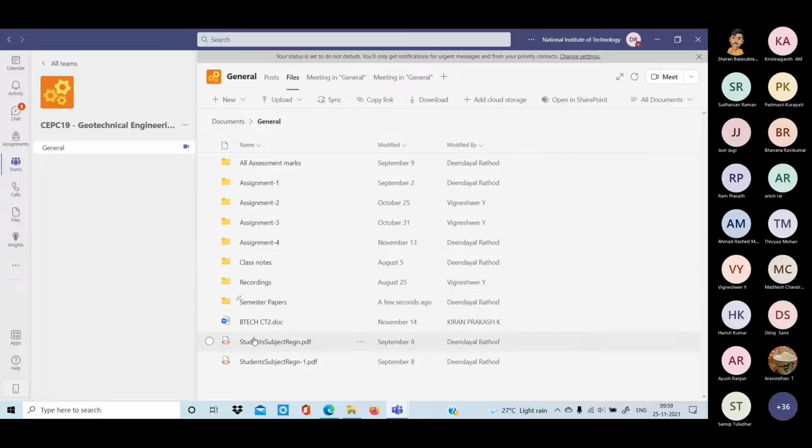Here only I will upload the question paper somewhere. In the semester section itself I can upload a question paper also. That day we will see. I think the exam is at 12 o'clock. Why did they keep 12 o'clock? Sir, I don't know. We can have it earlier also, not an issue, I don't think it will be a problem. No, 12 means you will have 12 only. That would be better.